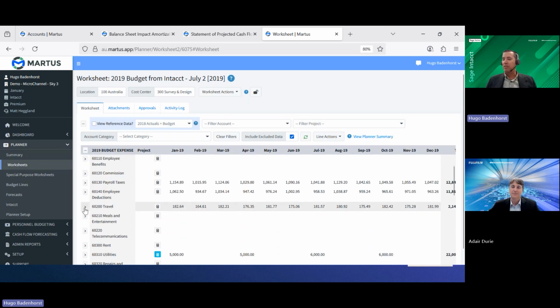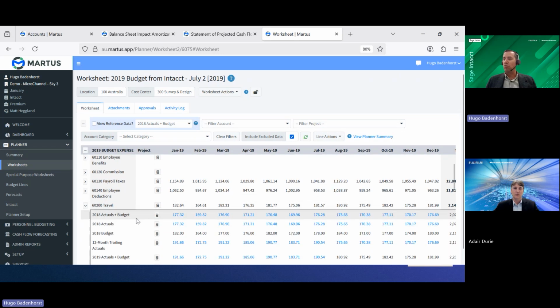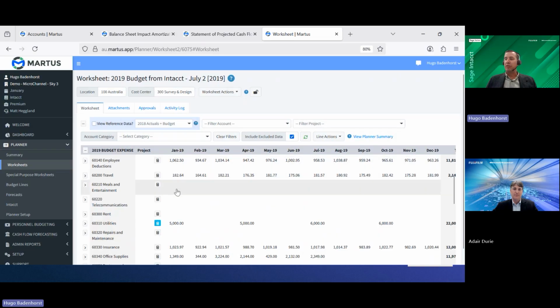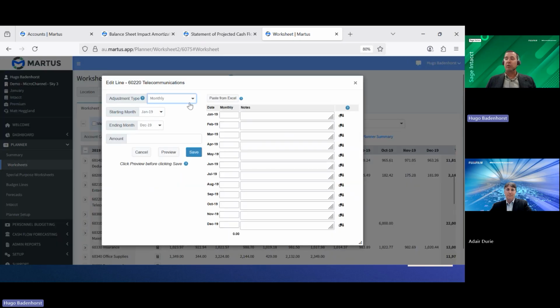They can look at, travel there, for instance, look at the last year's actual or last year budget figures and compare that. Giving them the ability to go in and seamlessly just enter values in there, like spreadsheet based accounting. You can do that, but it also has the ability to put in options where we can actually calculate what it is that we look like. So we can put in monthly figures, weekly, bi-weekly, annual. So we can bring those in, we can adjust amount, we can actually copy existing values as well.